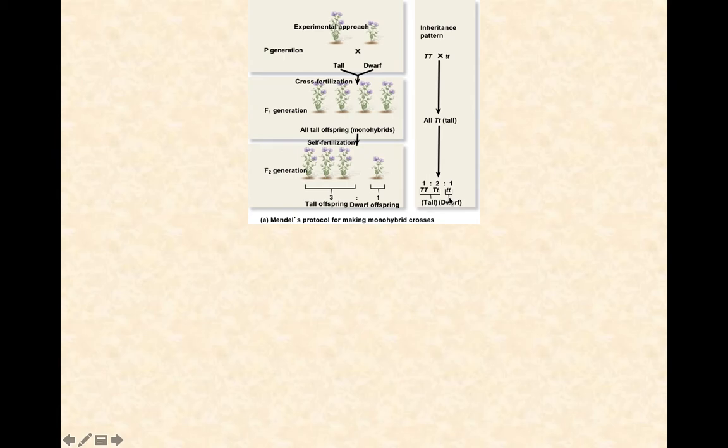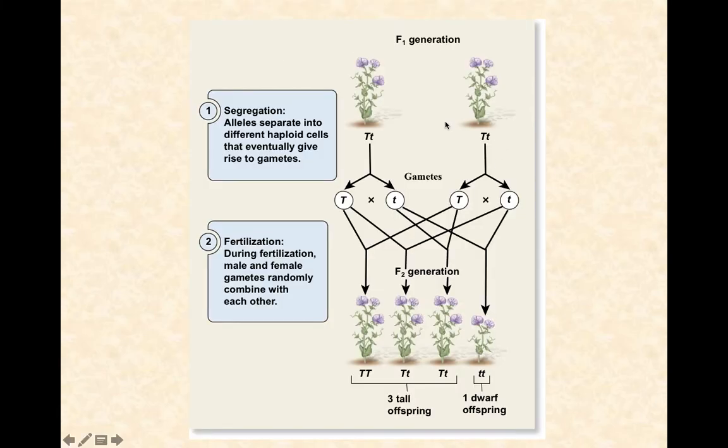If it doesn't, think it through. But let's take a look at it from a slightly different perspective. So here's our F1 generation, our heterozygotes being crossed. Remember, the plant itself is diploid, but its gametes are going to be haploid, meaning they'll carry one allele or the other, but not both alleles. And therefore, if half of this plant's gametes carry the big T and half carry the little t, and the same for this one, then we've got the opportunity for big T to fertilize a big T, or big T could fertilize little t, and then vice versa, little t fertilizing the big T and little t fertilizing little t,